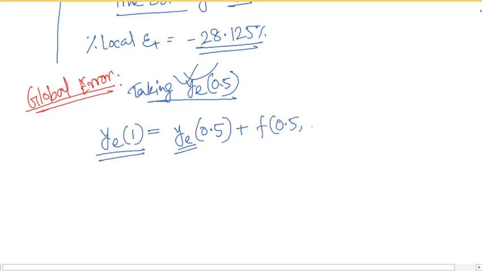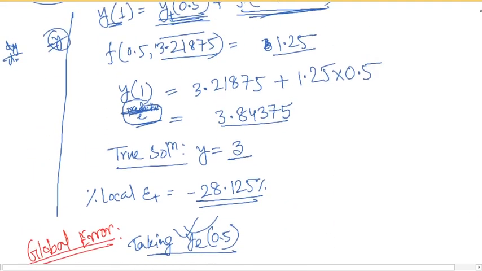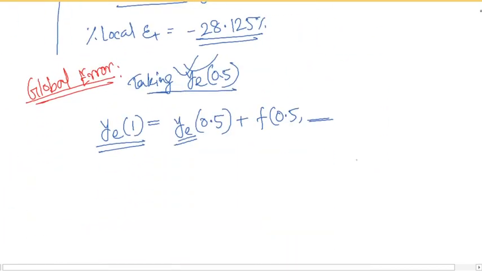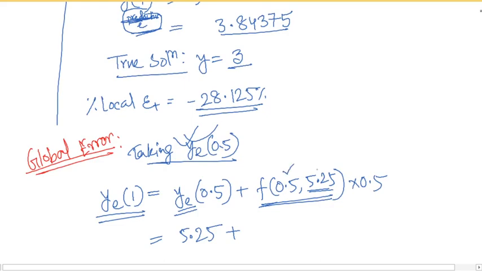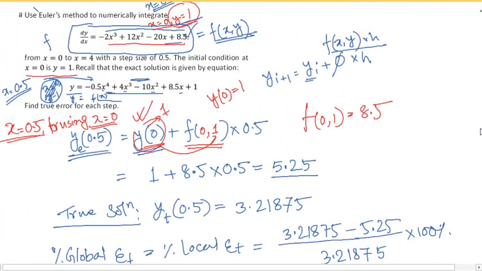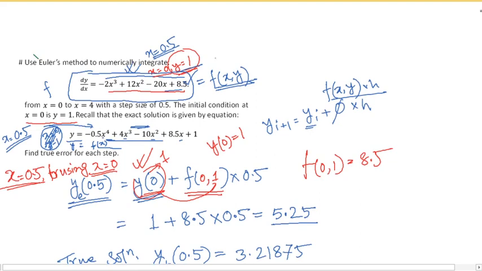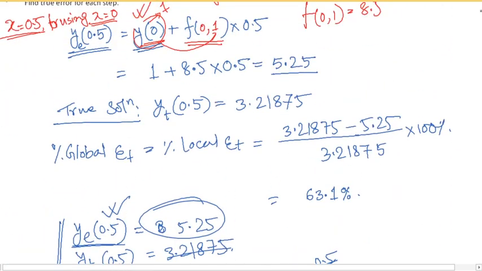0.5, this will be the Euler value as well. So the Euler value was 5.25 multiplied by 0.5. This will be equal to the Euler value 5.25 plus this one, which we will have to calculate by putting this 0.5 and 5.25 in this particular function. As there is no y in this function, x equals 0.5 will give a similar result to this one,